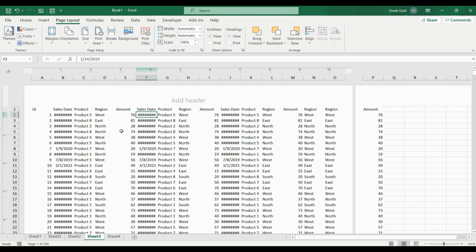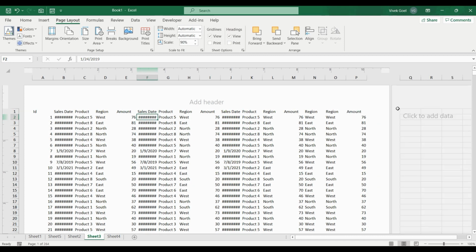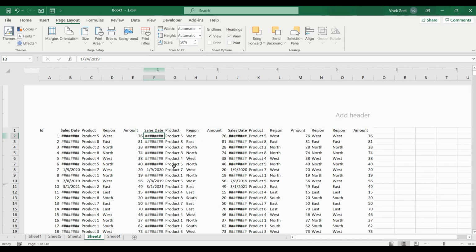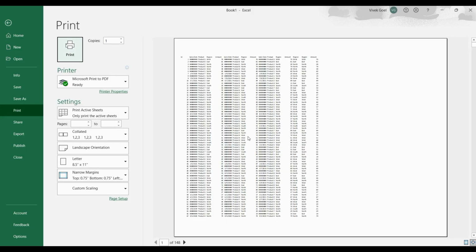It shrinks our content as per our requirement to ensure everything we need can be captured on a single page. So here, if I change it to 90%, it includes the last column as well. If we shrink it too much, the visibility and readability of the document may reduce slightly.